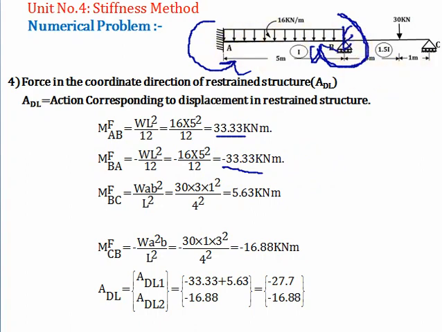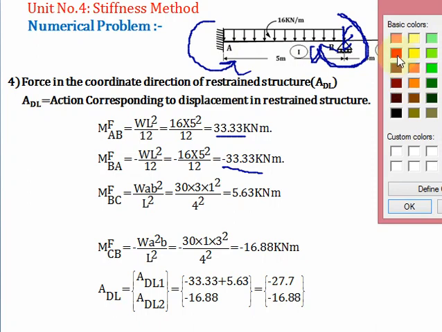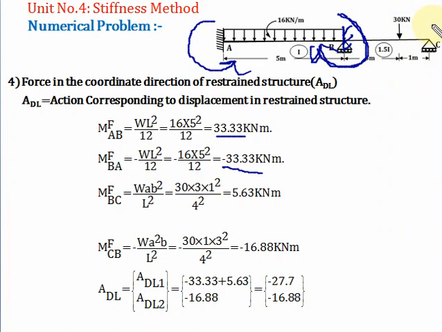Now we'll find out the fixed moment in member BC. For that, the first step is to restrain the member. So I will restrain the member here. Restraining the member means you have to fix those supports. Okay, now I have restrained it. Now the fixed moment for member BC will be like this, and for CB it will be in this way. Yes or no?